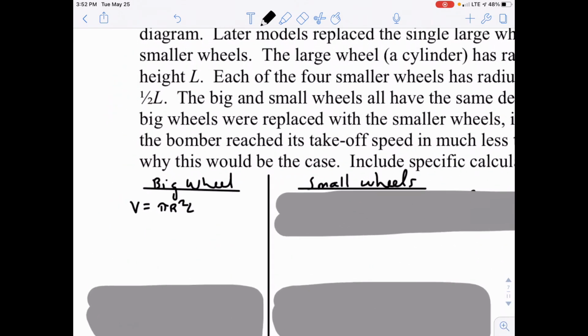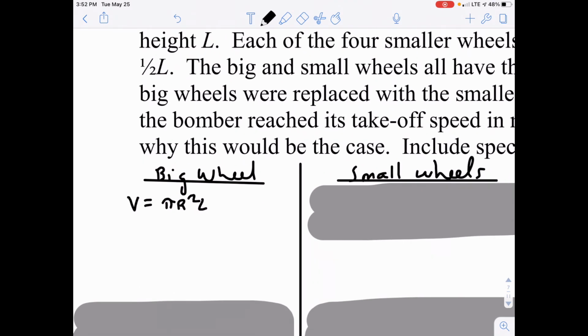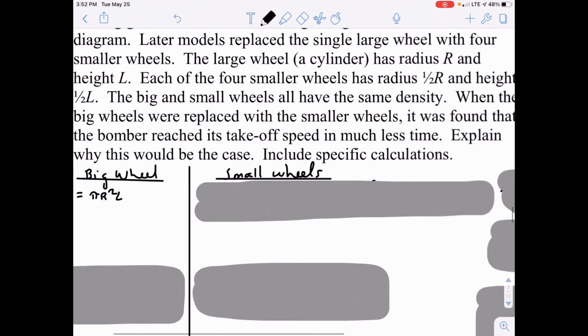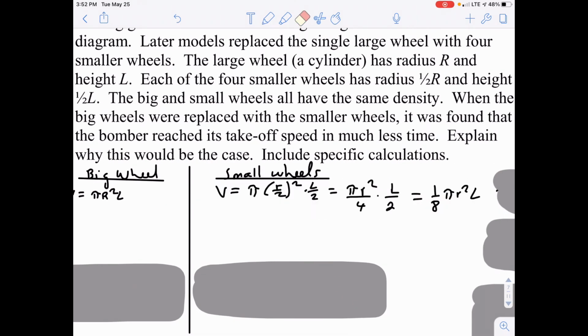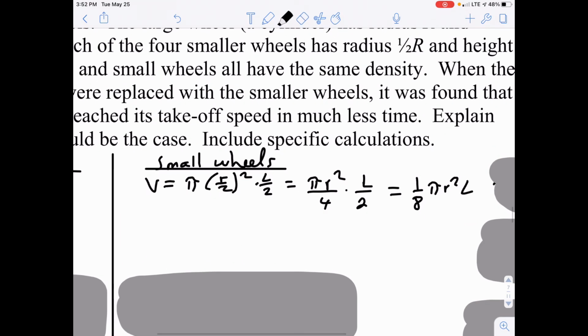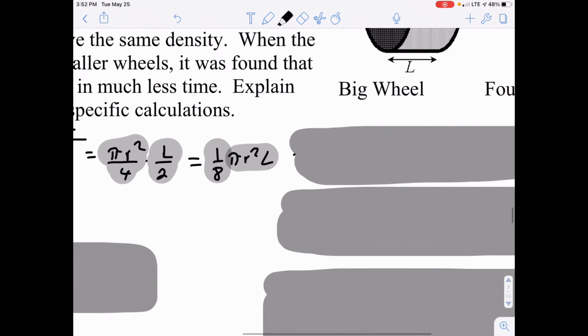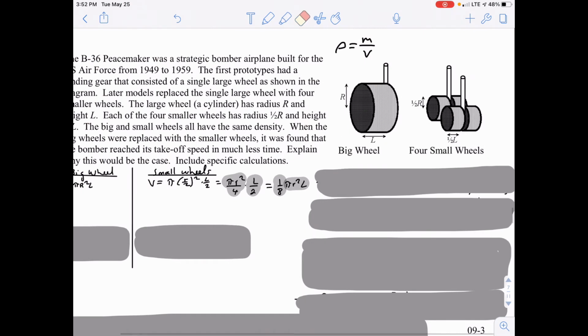The volume of a cylinder, by the way, is the area of the base, which is a circle, pi r squared, times the height, which is L. But for the small wheel, it would be pi times (r over 2) squared times L over 2, which would be pi r squared over 4 times L over 2, which would be 1/8 pi r squared L. That means